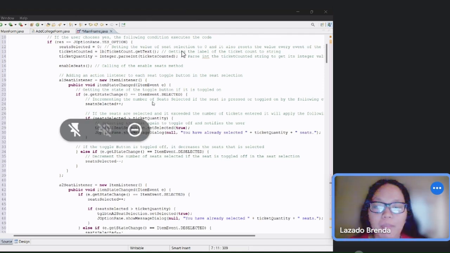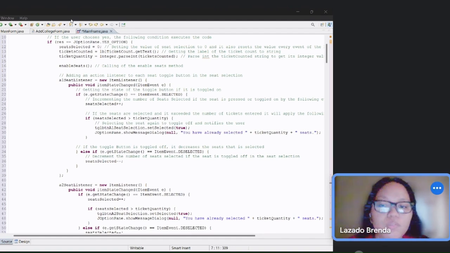This Java code snippet implements a ticket booking system graphical user interface using Swing. It primarily focuses on handling seat selection and the confirmation process. Button confirm ticket. This button labeled confirm to book seats is configured to initiate the seat confirmation process.